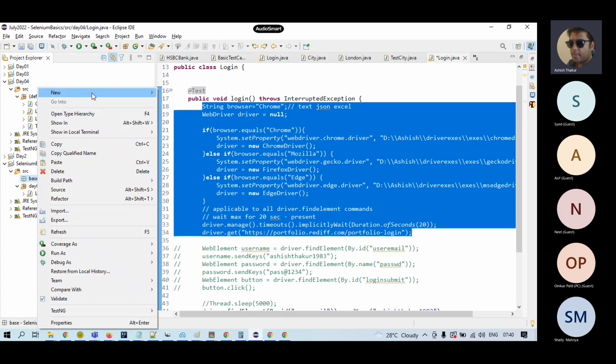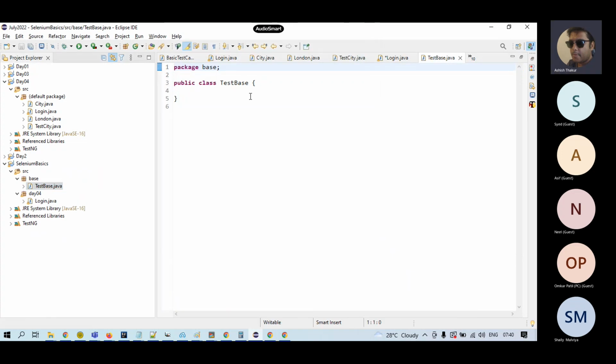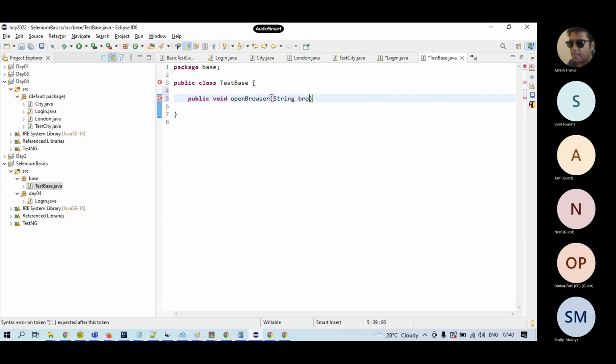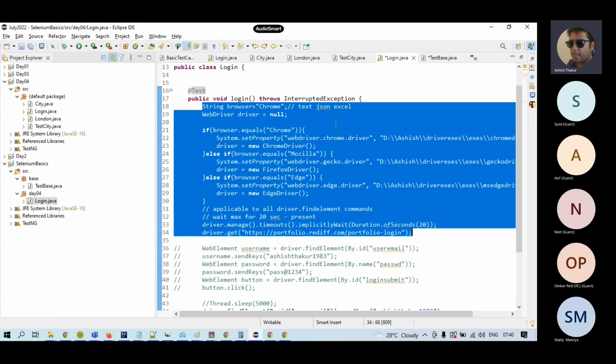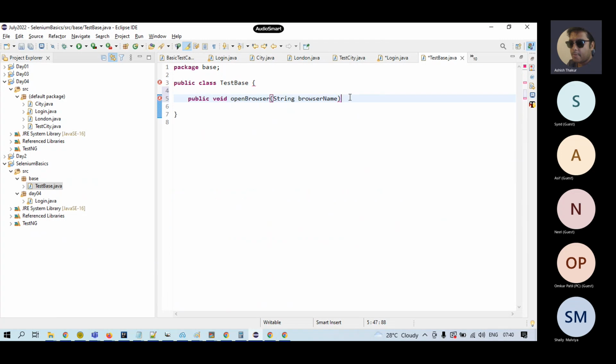So in the base package, I'll create a class known as base, or I can also call it test base. Right. And I can make a function in it, open browser, in which you will send the browser name. Right. And I'll remove the code to launch the browser from here, and I'll paste